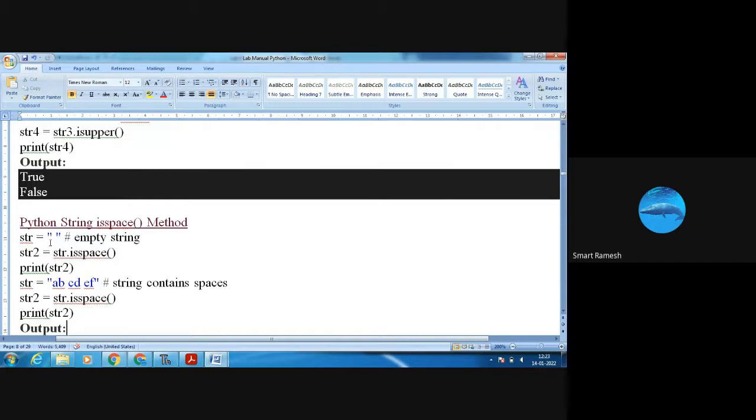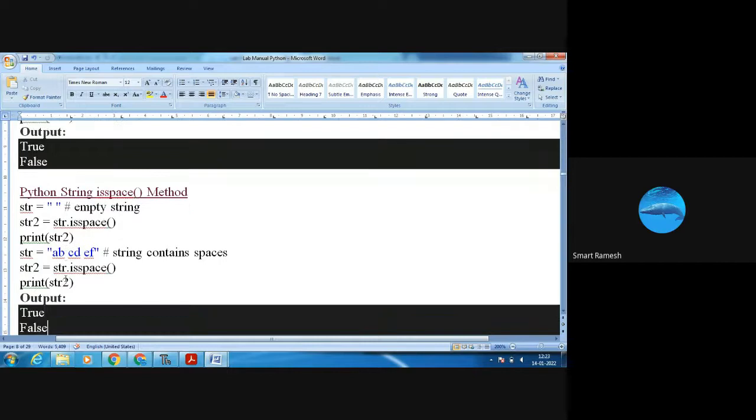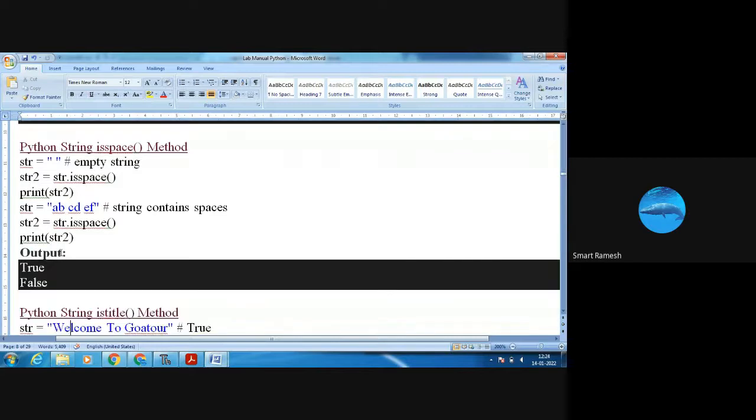Here one white space is there, so it returns true. Here we have AB, some characters are there, so it returns false. We are checking whether the given string is empty or not. So an empty string means true, otherwise false.